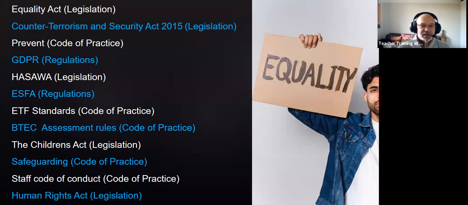There's the Education Training Foundation's Standards Code of Practice, which really says what a teacher should be doing in terms of their behaviours and their personal development. Again, probably the majority of teaching staff are completely unaware that those set of standards exist, but they're a nice one to include if you want to put them in there.